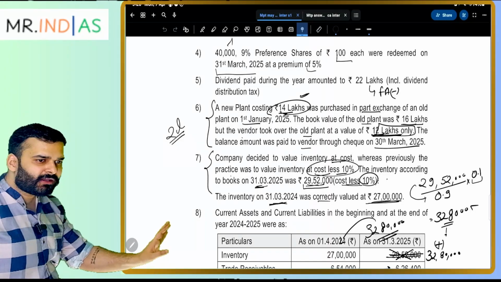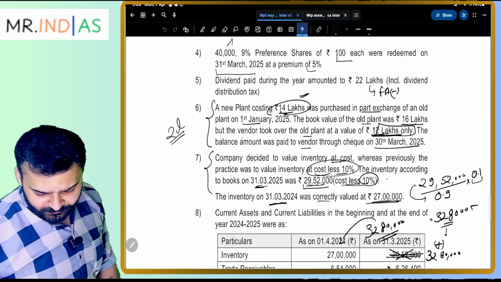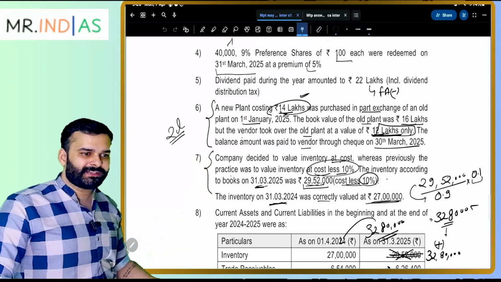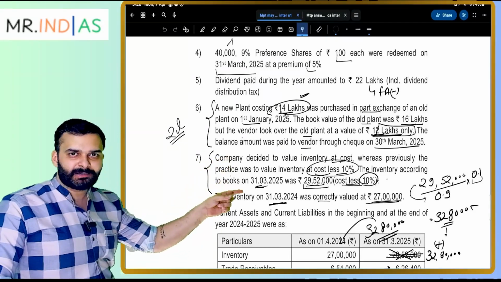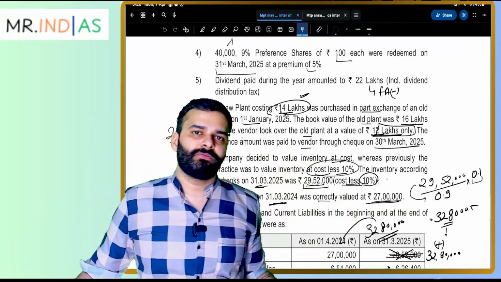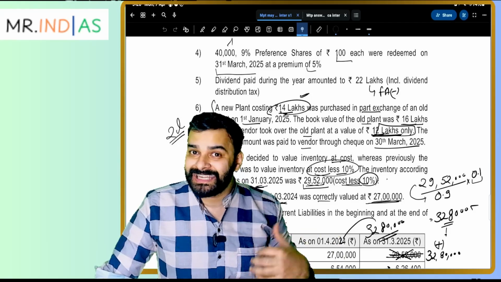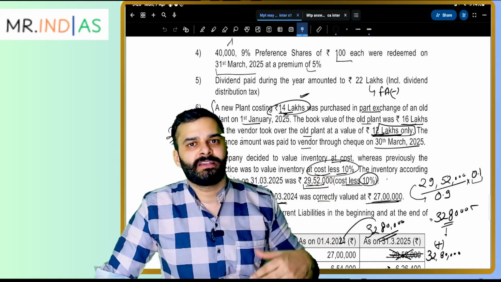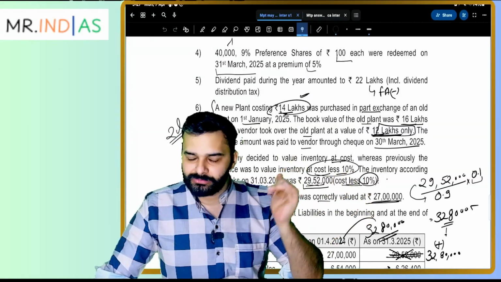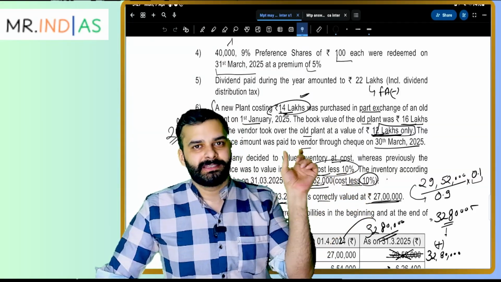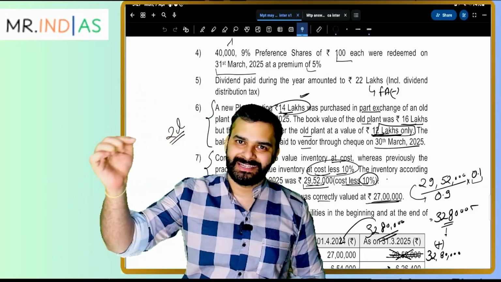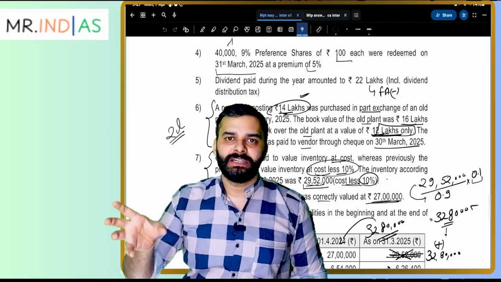Now the main thing is, if you forget to adjust this point, point number 7, your cash flow will still tally, because with respect to that point there is no inflow or outflow of cash. The change in value of inventory will not give you cash, will not take cash from you, and this point doesn't have an impact on cash flow. But ICAI gives marks to that point, so you have to present the adjustment of inventory in the operating activity and correspondingly in inventory.